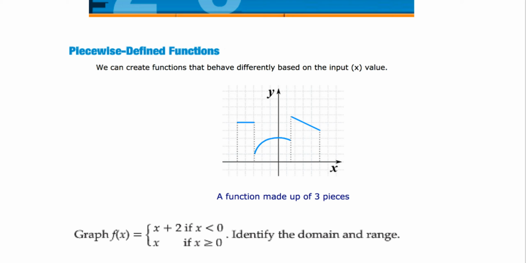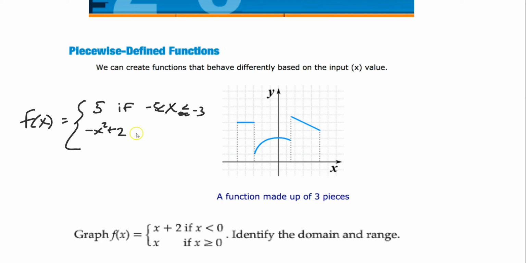The way we write a function like this is we break it down like this. So here's our function. We'll say f equals, a little curly bracket, and then we have to write what this part is. So like this looks like it, let's say 5. Then we say if, you have to say what values it's between. In this case, let's just say x is between -3 and -5. Then you say the middle part, which looks like a -x² type of graph. If x is between these values, like -3 and 1.5,